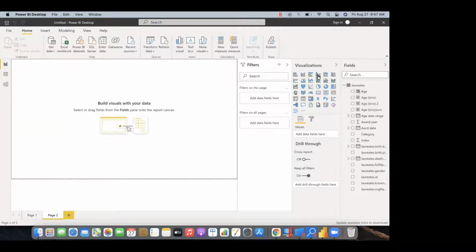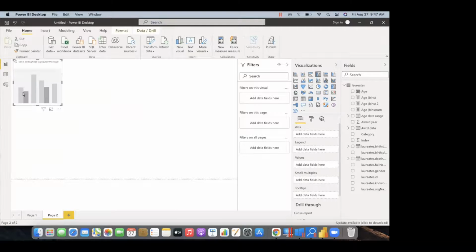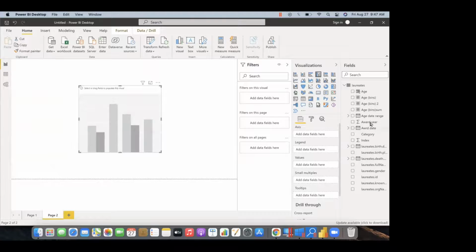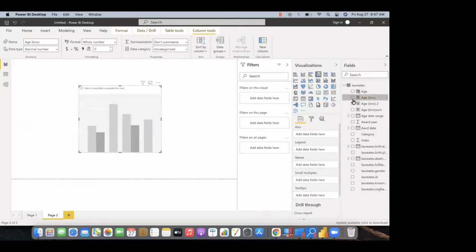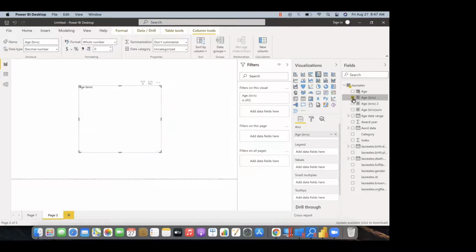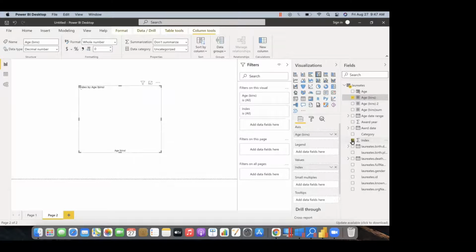Yeah. So now we'll create the histogram. So first of all, and the index. So we'll take the count of index.